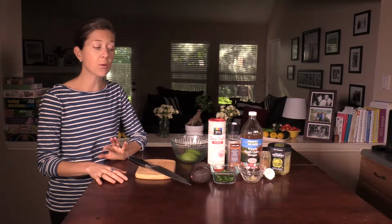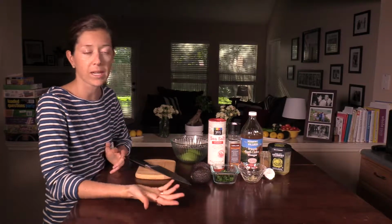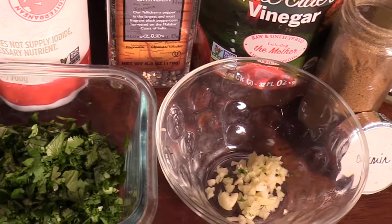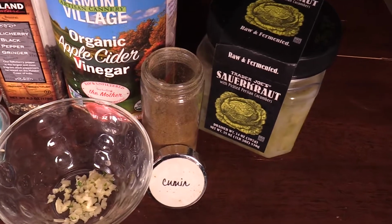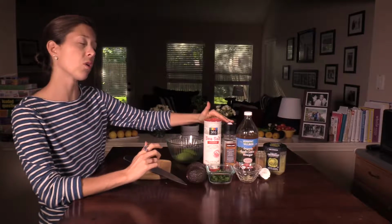To get started, you are going to want 2 avocados. You could do 2 small or 1 large, depending on what you have available. About a half cup of finely chopped cilantro, 3 cloves of garlic, and chop them up pretty finely. You're going to want a teaspoon of cumin, a teaspoon of salt, and about a quarter of a teaspoon of